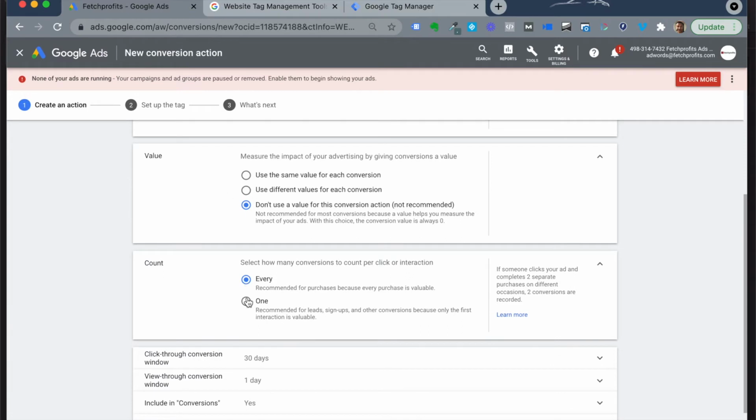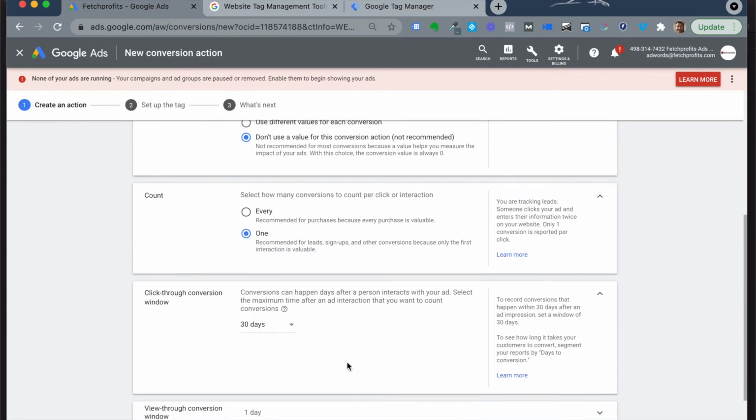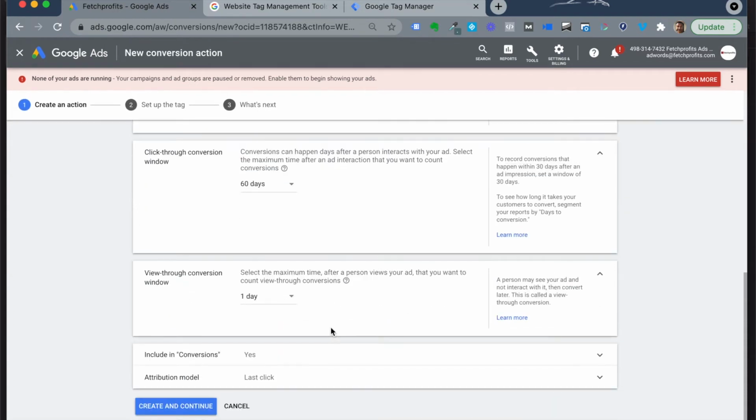There's also a tab here that says count. How many times should you count a conversion? There could be one single user who comes through from Google Ads but makes a purchase of about 3 different products on your site, and then it's counted as 3 different conversions. Or you could have just one conversion as a count. There's a click through conversion window. If you have a lower ticket price item, then you can choose a lower conversion window. If you have a higher value purchase item, then you can choose 60 days or 90 days or 45 days, depending on your business. You also have a view through conversion window.